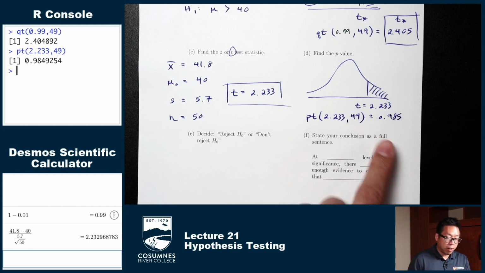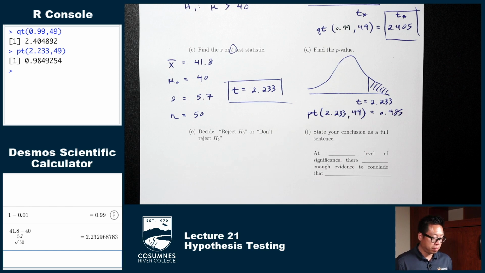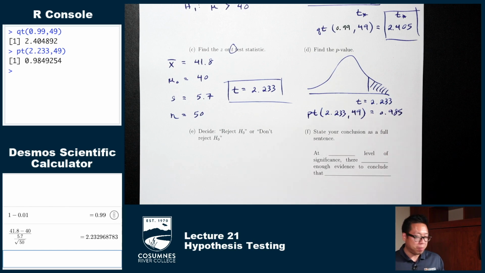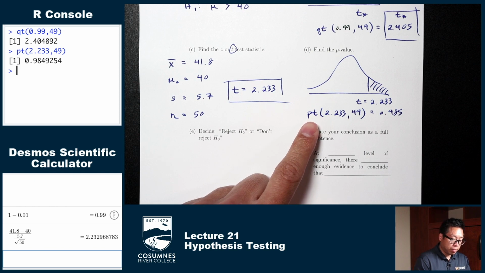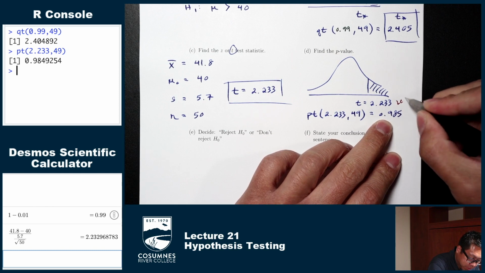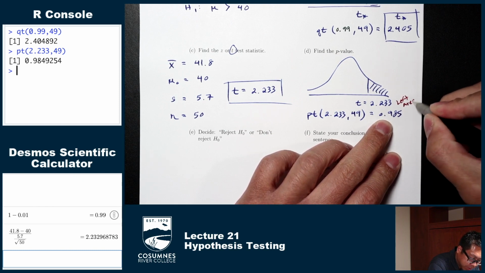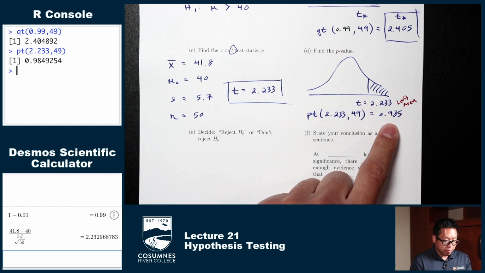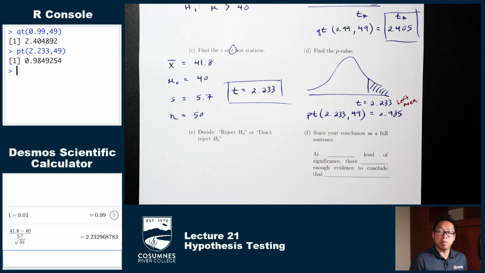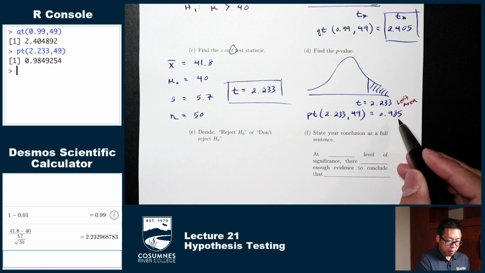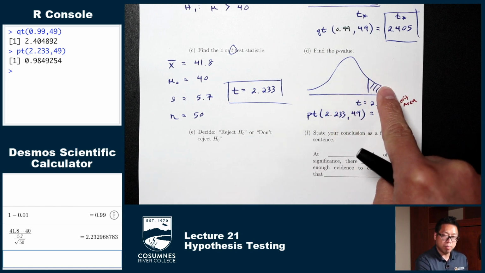Now, most of the time, when you find a p-value, it should be a pretty small number. 0.985, that's a big number, right? Which means this is not our answer. The reason is that pnorm and pt spit out a left area. So this 0.985 is a left area. On this picture, the left area would be this white part. It's 0.985, but that's not what we're looking for. We're looking for the shaded area, which is the area to the right. So 0.985 is the unshaded part. To get the other side, do 1 minus.